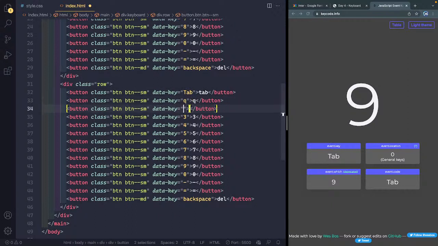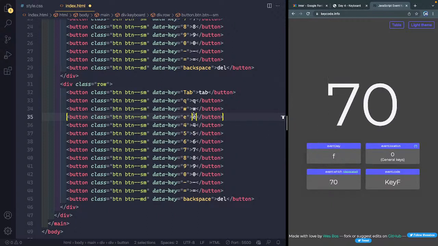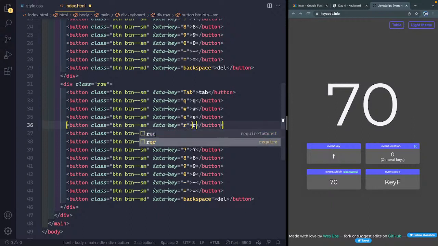And then we're just going to take these one at a time. So Q, come down here, W, E. Let's see, I'm assuming these are all lowercase. Yeah, couldn't remember. All right, and then R,